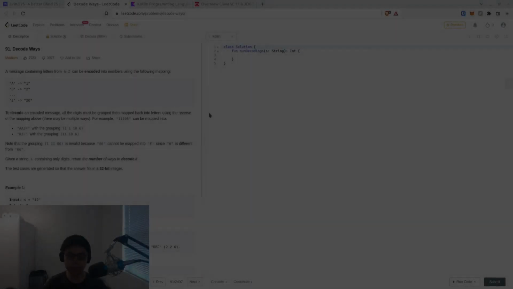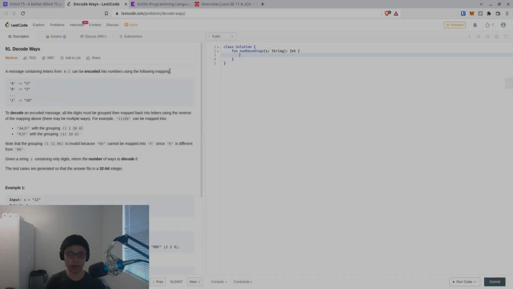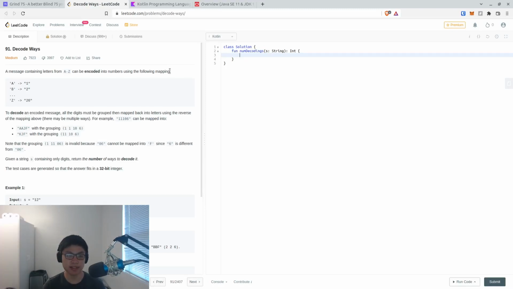All right, let's work on the second problem of the day. This is LeetCode number 91, Decode Ways. A message containing letters from A through Z can be encoded into numbers using the following mapping. A is 1, B is 2, and so on until Z is 26. To decode an encoded message, all the digits must be grouped, then mapped back into letters using the reverse of